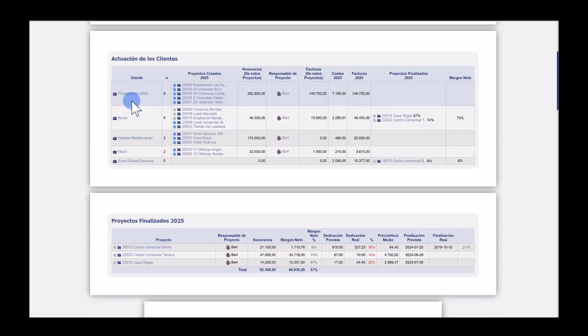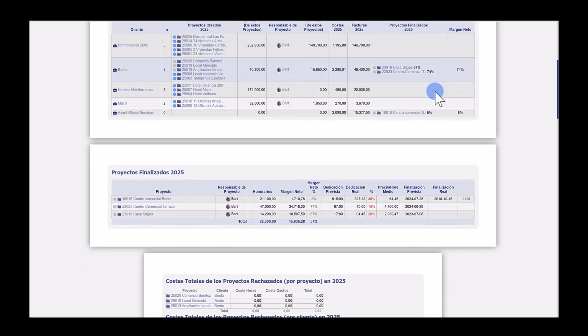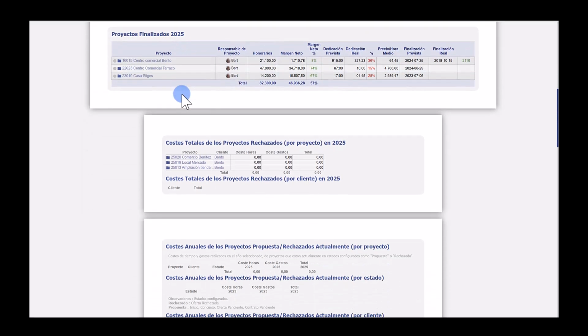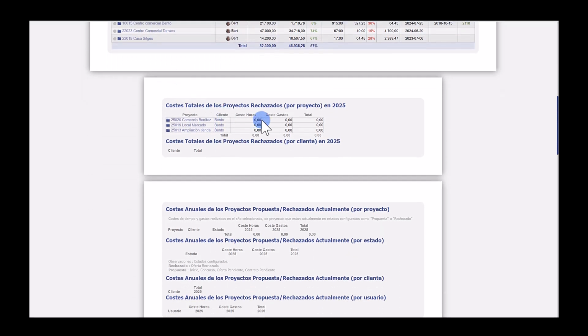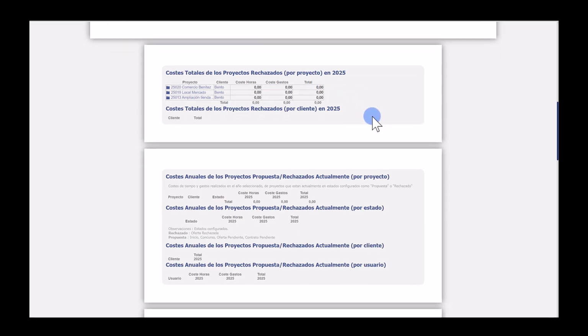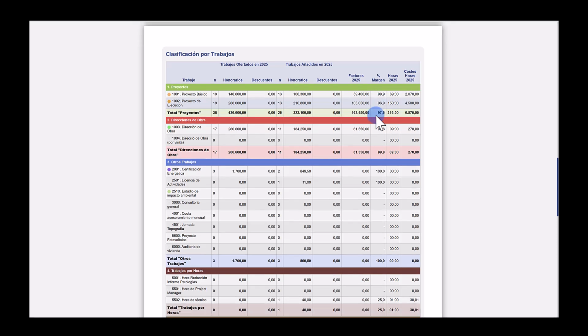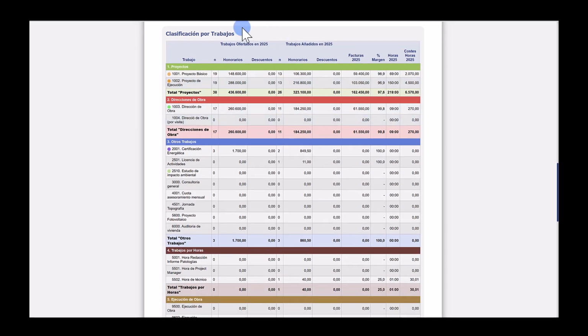It details which clients hired us for projects, which projects were involved, what fees were earned, who managed each project, and the profits generated for each client's projects during the year. Projects completed this year, and the total cost of projects that were not contracted by clients but still generated expenses for us. We also have a job ranking table where we can see for each type of work we've done